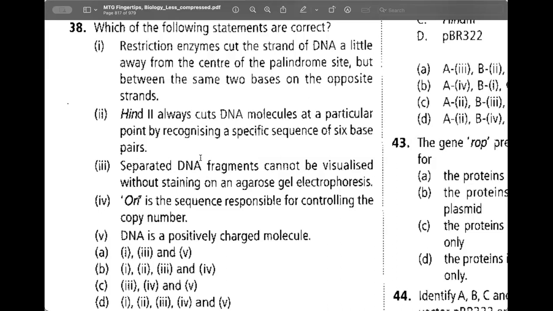So I think everything is wrong. Option what? Option B. Yes, you're right. All the statements are wrong. Okay. So